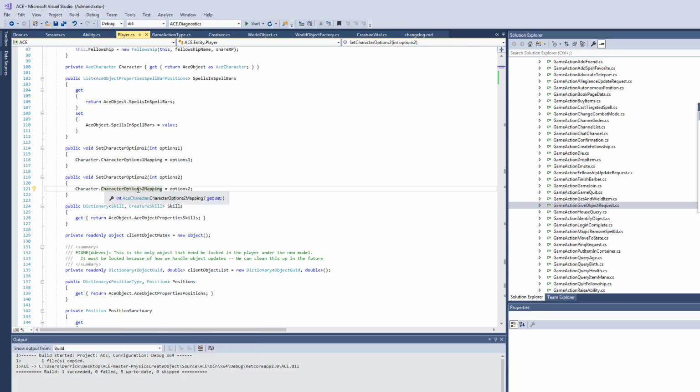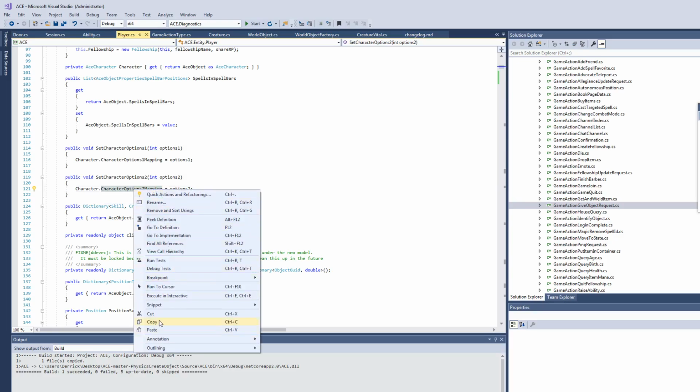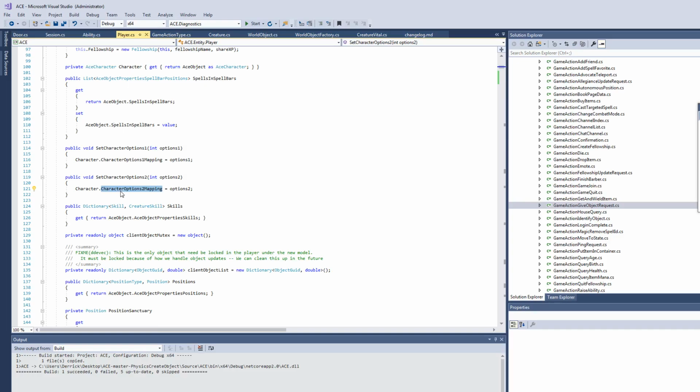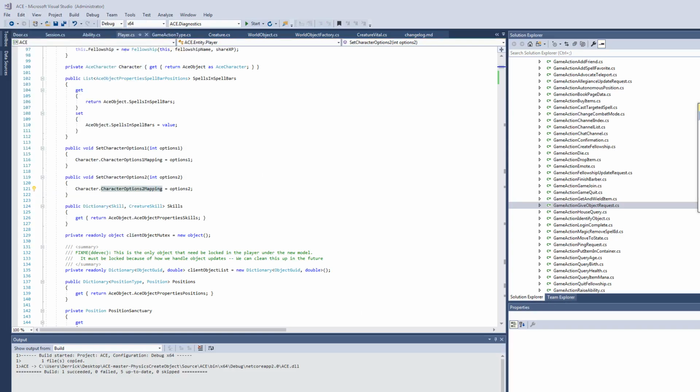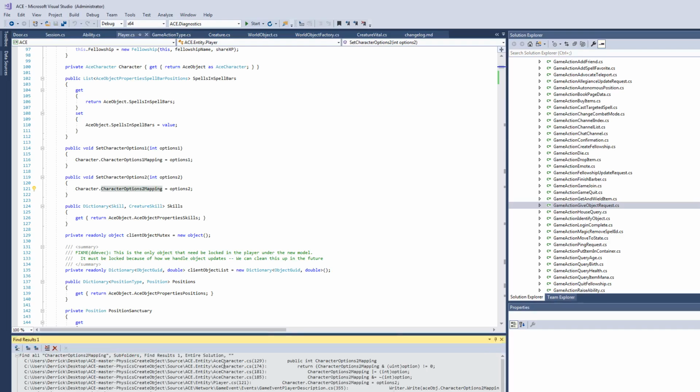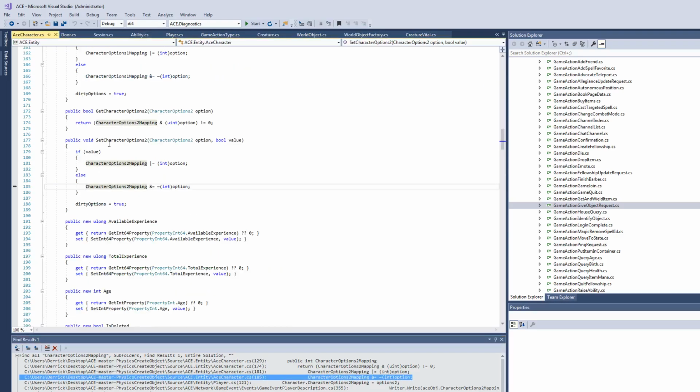Okay, I don't know what character options mapping is all about, so this is just an example. I don't even know anything about this, but what I would do is highlight that, go up to my edit, find, and just find in all my files, and it would bring up all these results. Then I could go inside of Ace Character and say, hey, well,